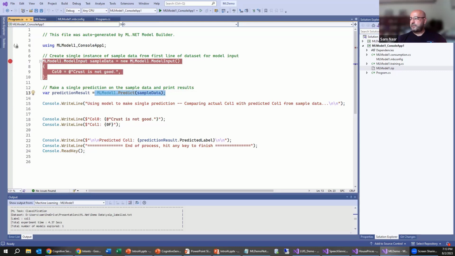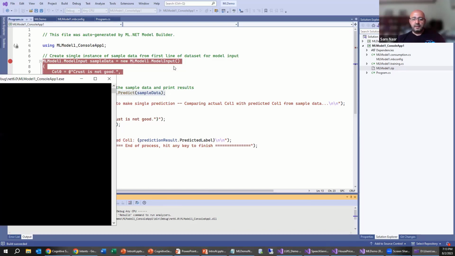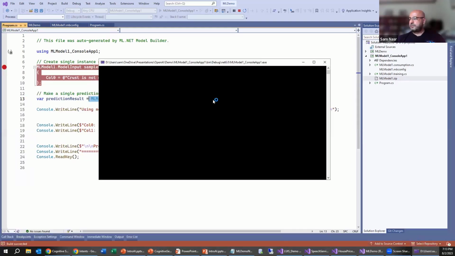We'll put a breakpoint here and run this. And right now it's launching another console application, so it's building the entire solution. I should see a command window or a console window pop up, and let me bring this to the foreground.